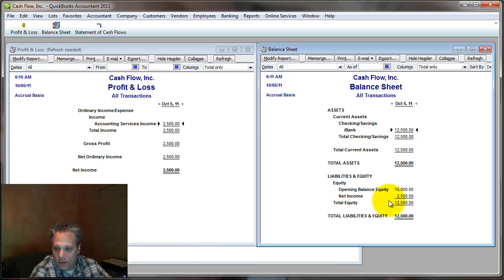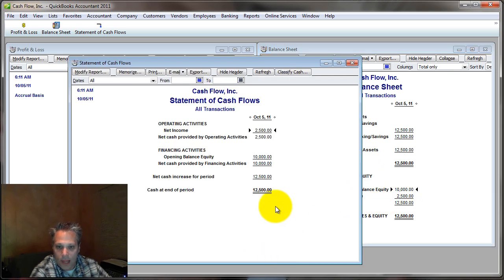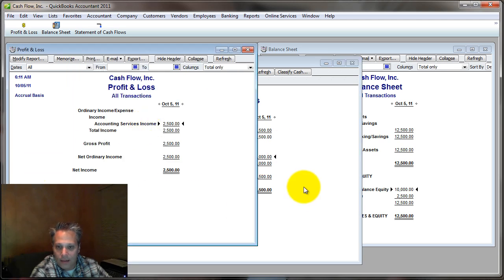So when I save this, of course, it shows up in the balance sheet in the equity section. Nothing happens on the profit and loss because all we did was put money in the bank, and it represents a contribution into the business, so it goes into the equity section. But look what happens on the statement of cash flows. Now we have $10,000 that we increased the balance with. So we have to account for that, and it's not in the net income.